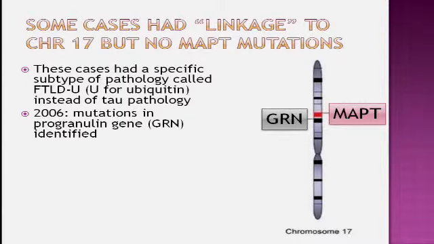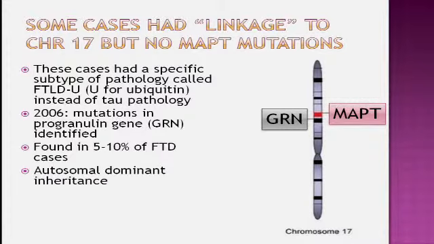So in 2006, using genetic strategies, those family linkages and DNA sequencing, a gene called progranulin was identified. And interestingly, as they suspected, because they thought it was near tau, but they couldn't find the tau mutations, it turns out progranulin is right next to tau on chromosome 17, so somewhat of a coincidence. And again, progranulin, like tau, is found in about 5 to 10% of FTD cases, so we're up to about